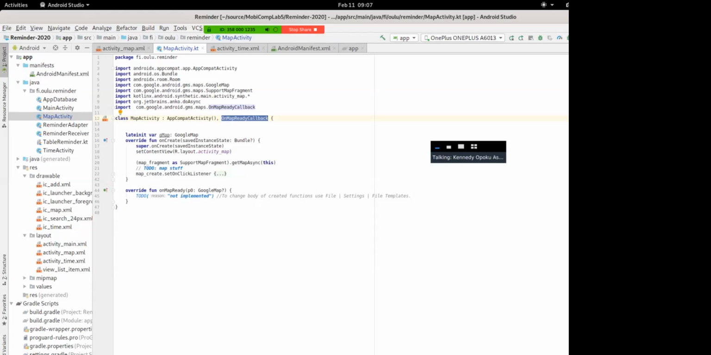And then this OnMapCallback is an interface, which I need to implement. Once I implement that interface, I need to override a function in that OnMapCallback, which is the override function onMapReady. And once the map is ready,